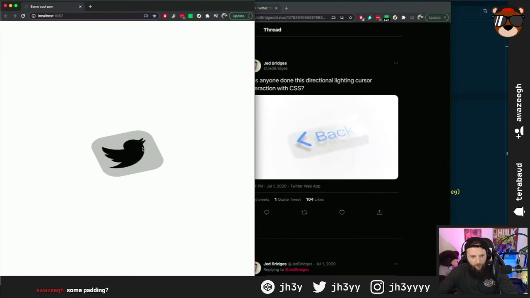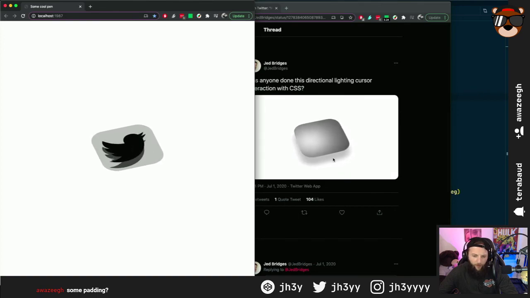Yeah, we can add some padding. I'm trying to work out how the bottom one is done. So in this one, it's kind of like a fadey one, but this one isn't. This one's just like a transparent top, which is kind of interesting. So I guess